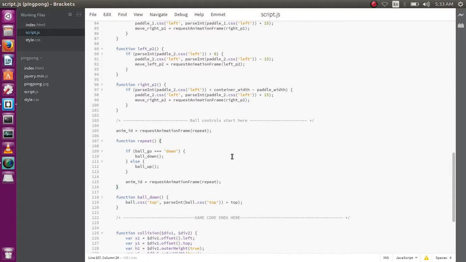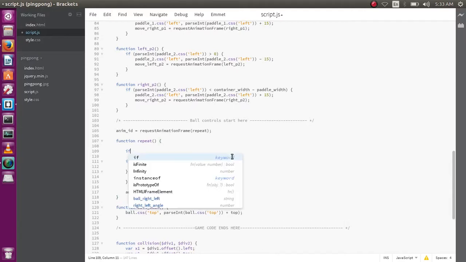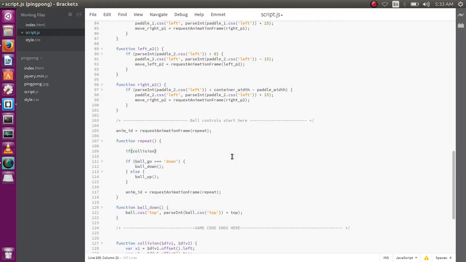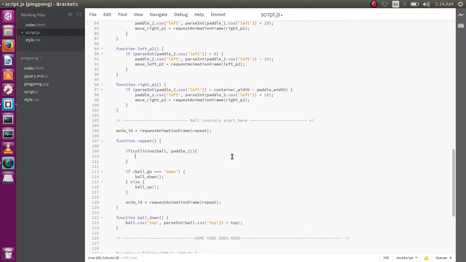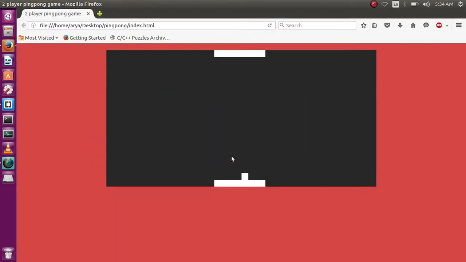So every time, this is where we use the collision detection of divs. So let's check if collision happened of ball and paddle 1, then change the ball go to up. Let's check it. Yeah,